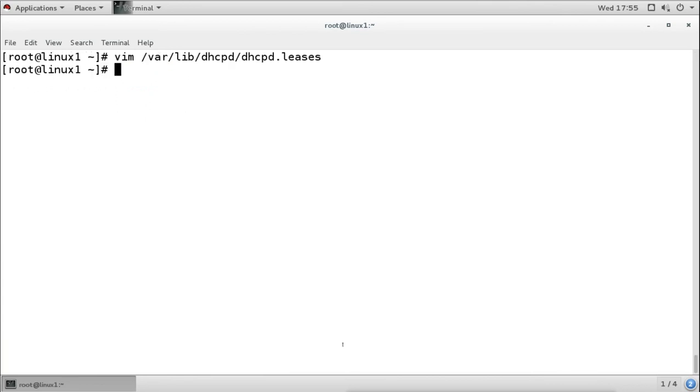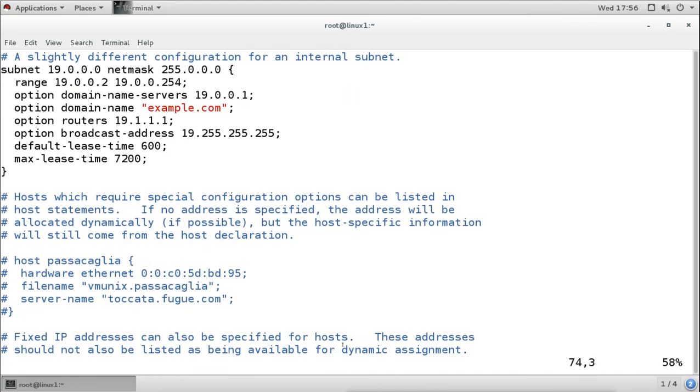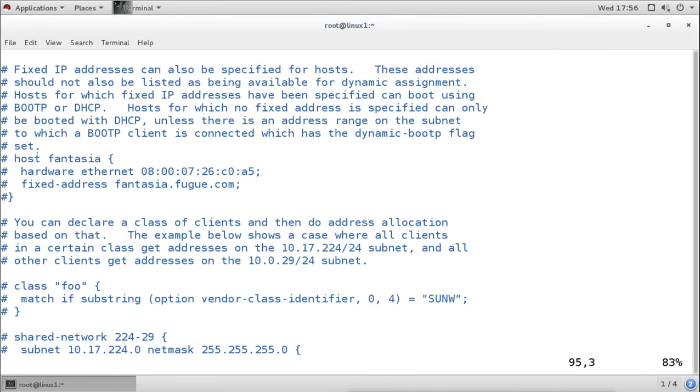So what I will do here, I will open the main configuration file. And under the main configuration file, we have these options available to give the fixed address. We have commented that out. Now we want to enable it.